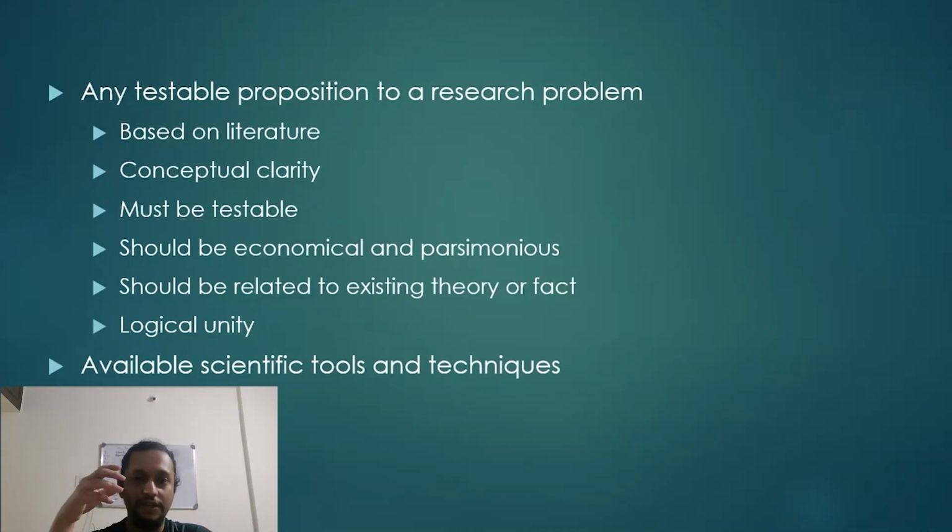So it must have that criteria of being incorrect, right? Again, when you discuss the unconscious, for example, you can't be incorrect, you can't be correct either, right? So that's an important criteria for science in general. Available scientific tools and techniques must be able to answer the hypothesis. So you can't create your own word and then say this word means this, and then if there is no test for it, how are you going to assess it?